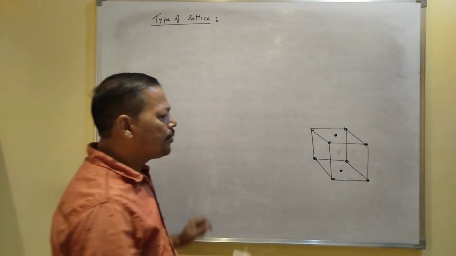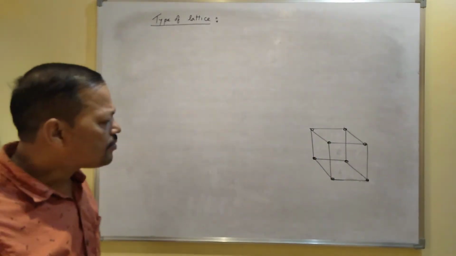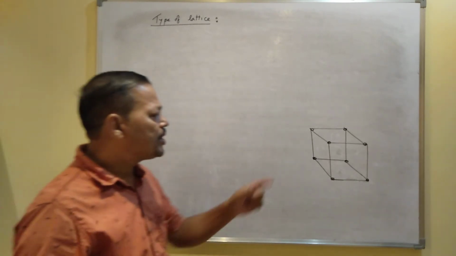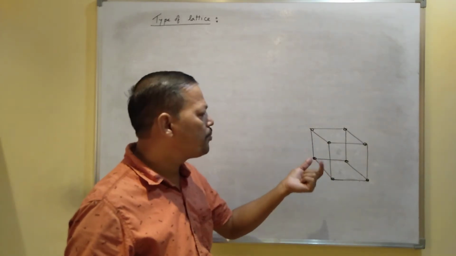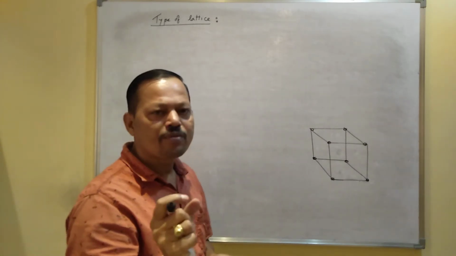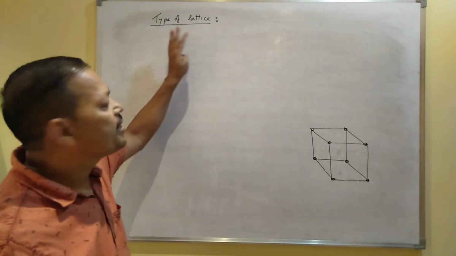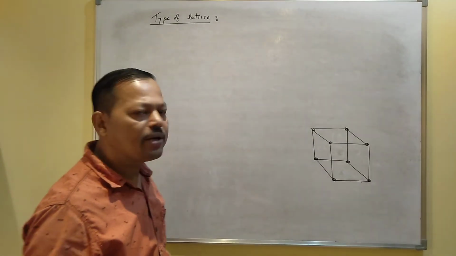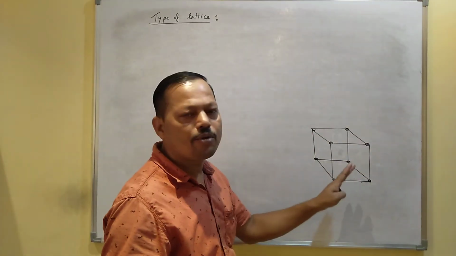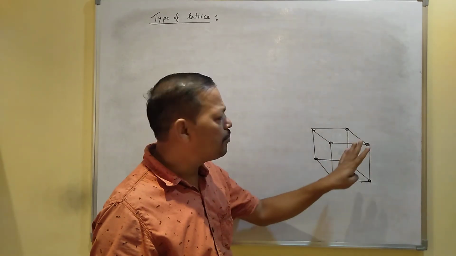Now, based on these types of unit cell, you can classify the lattices. As there are 7 crystal systems, you will get 7 types of unit cell, maybe cubic, trigonal, orthorhombic, monoclinic, and every one of the 7 crystal systems may be primitive or non-primitive. Based on that you get the types of lattices. But always remember, not every crystal system can produce all kinds of primitive and non-primitive unit cells. That is why you get a limited number of lattices.